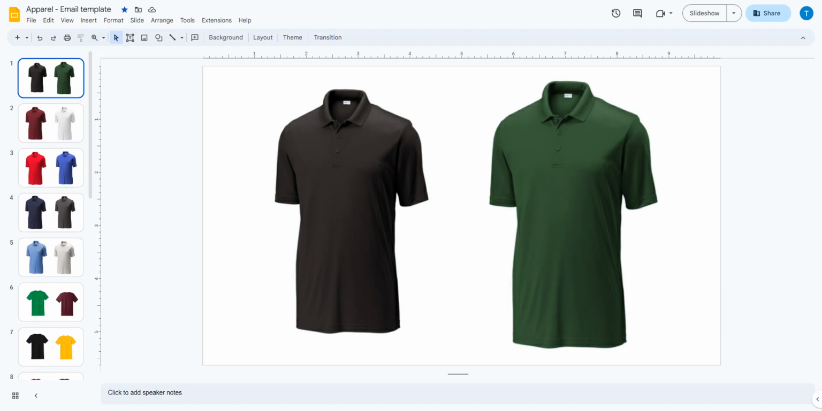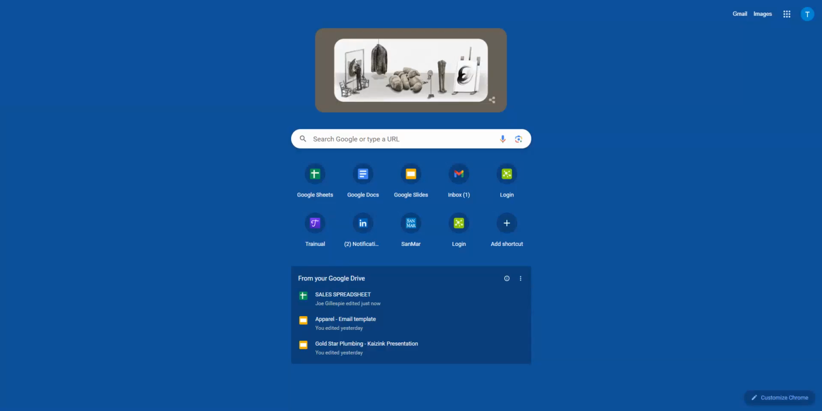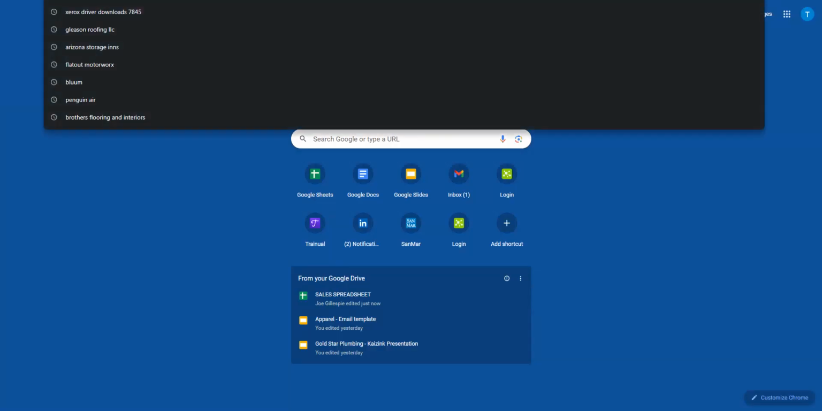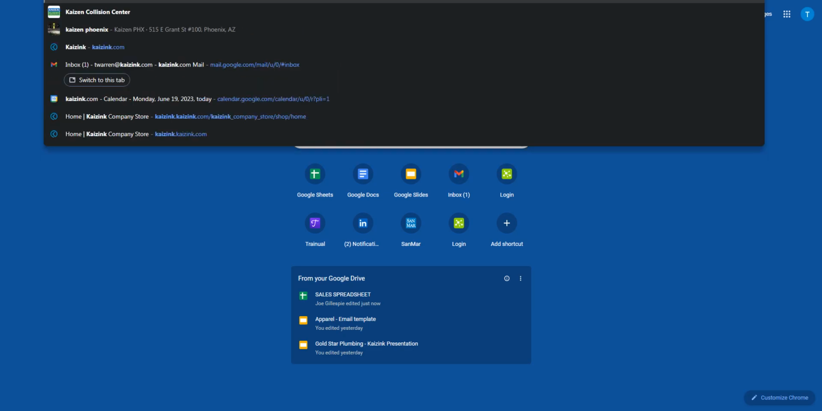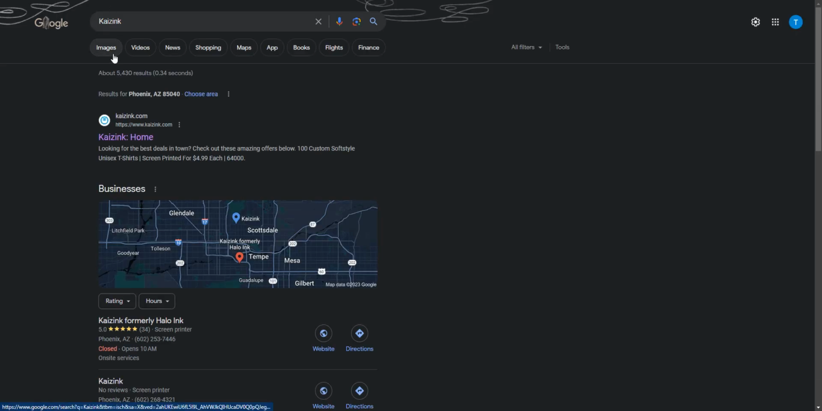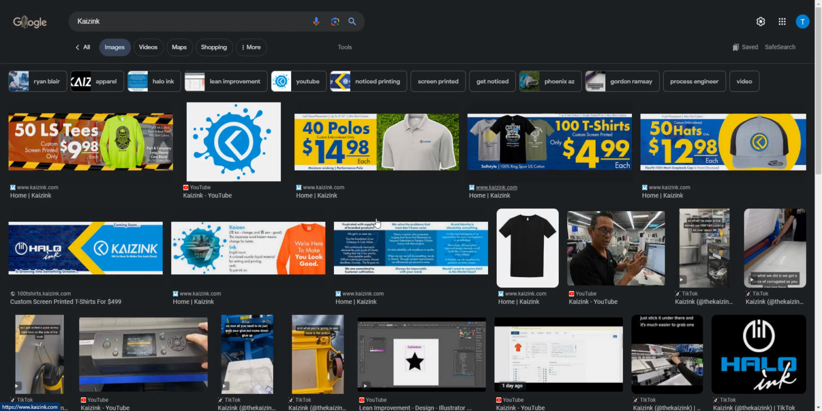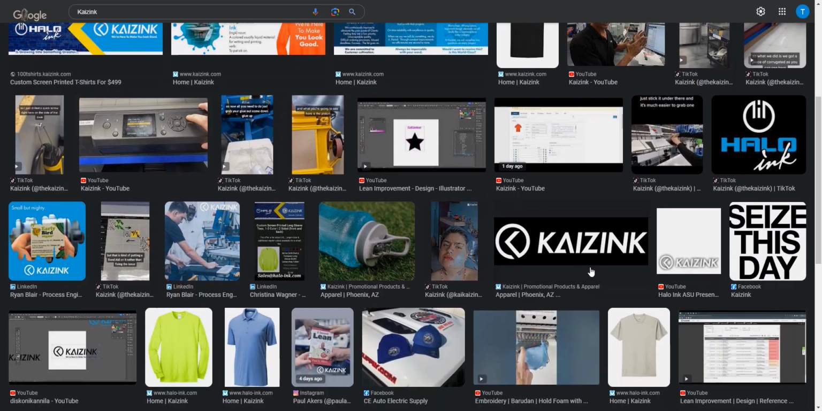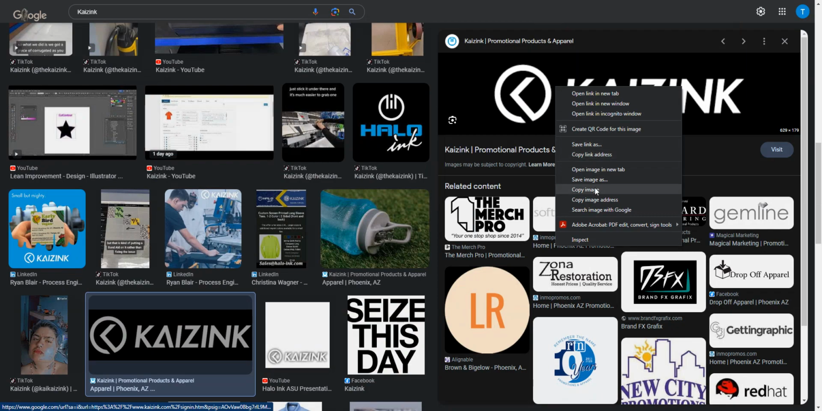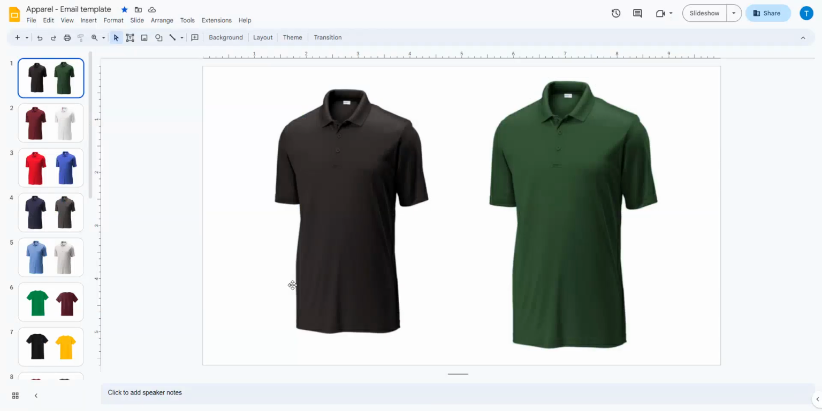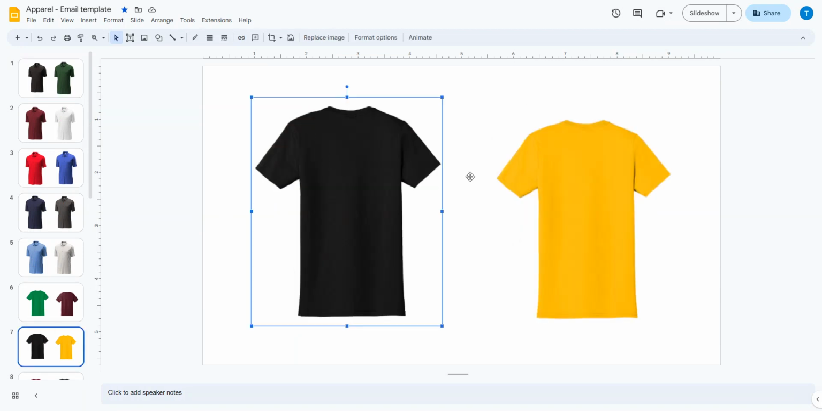And what we can do to build a quick proof is we can go into Google, and I'm going to go ahead and Google Kaizink and look for a logo online. We go to images here, and we can just pull a logo right off. So let's see, this one looks pretty good. We're going to copy this image, go back to our apparel, and we'll select the black t-shirt here,